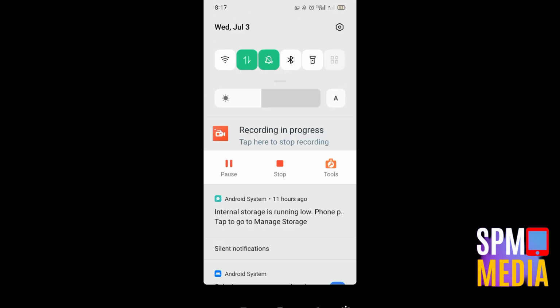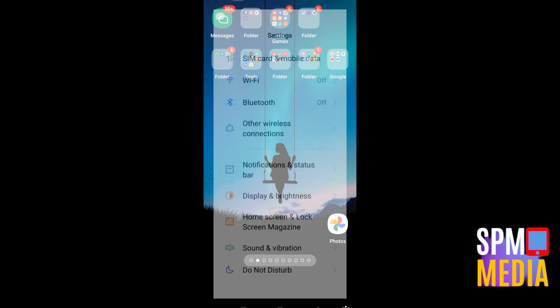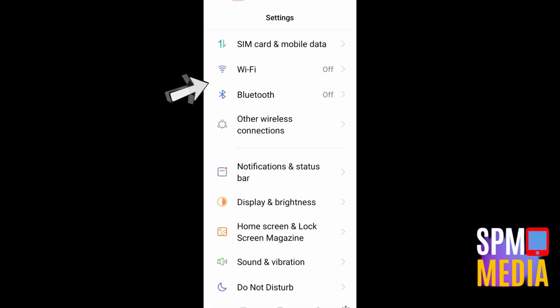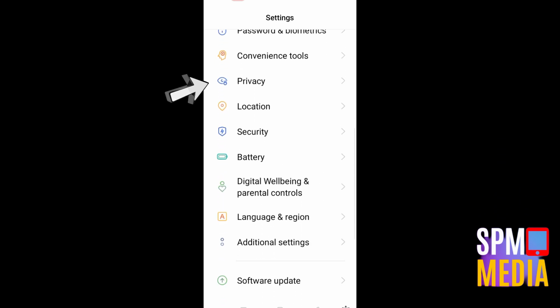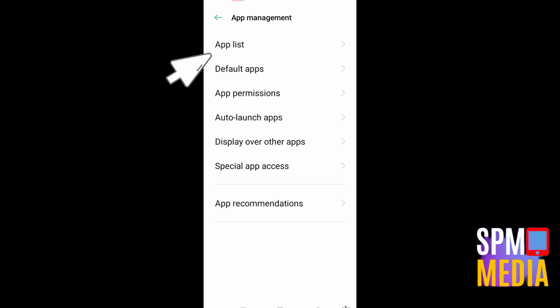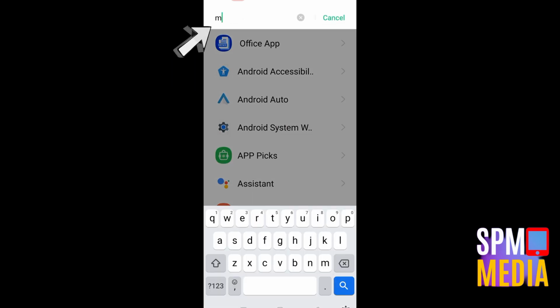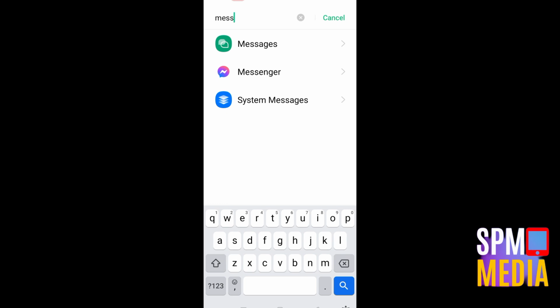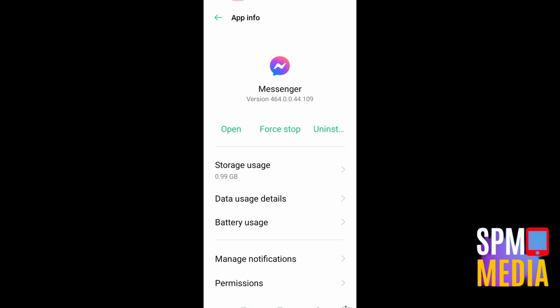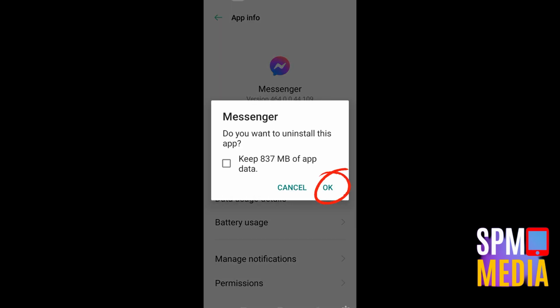The next method here, once you have updated your Messenger, is that you have to go to your phone settings. And then here on phone settings, what you're going to do next is look for app management and then click this app list. Now here you have to look for Messenger. You can scroll down, or you can go to the search icon, type Messenger, and then uninstall